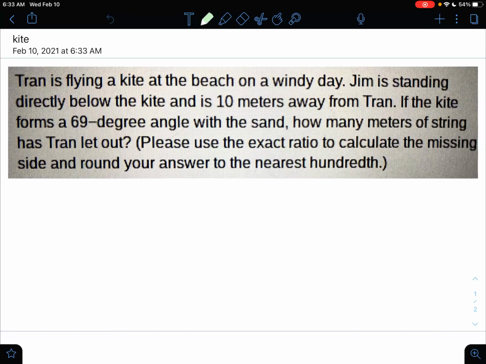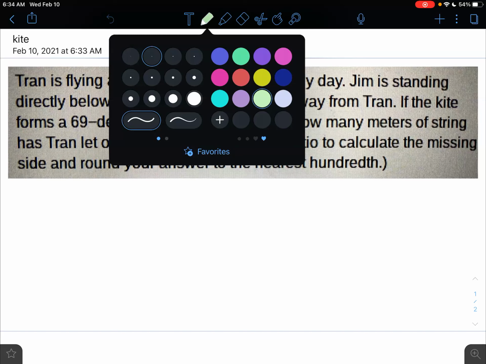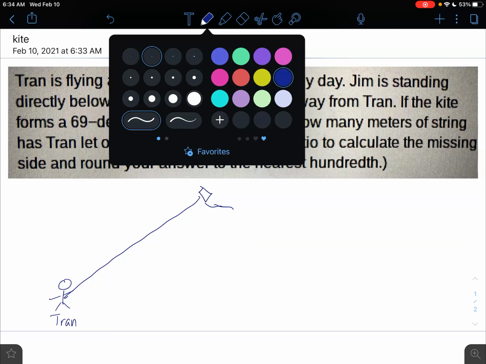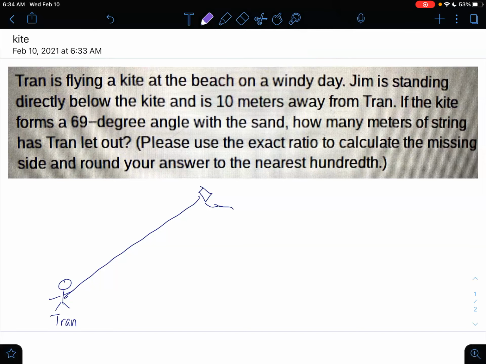All right, so for this particular one, we need to really actually just draw it out. We have a guy named Tran here who is flying a kite. So here's my little Tran guy, and he is flying a kite. There we go. And we also are then told that we have Jim, who is standing underneath the kite directly